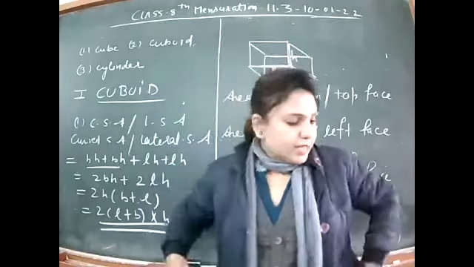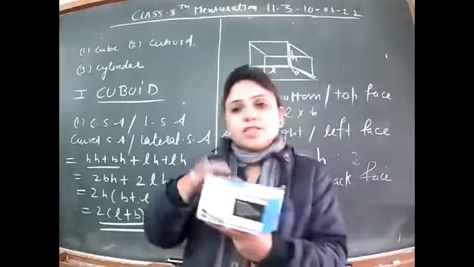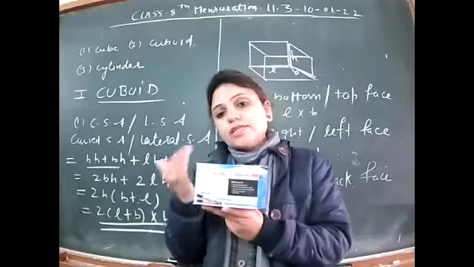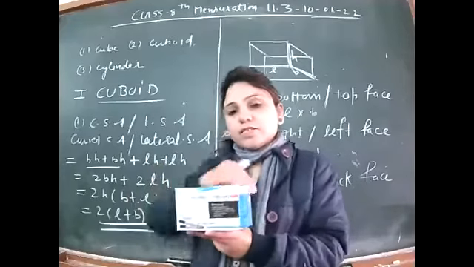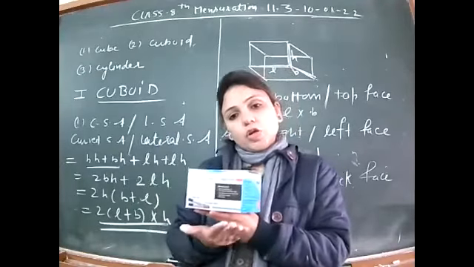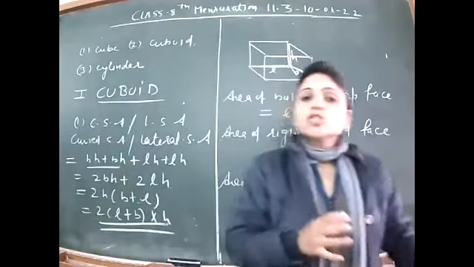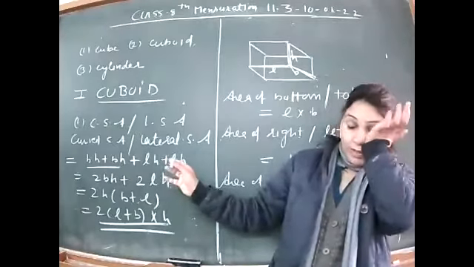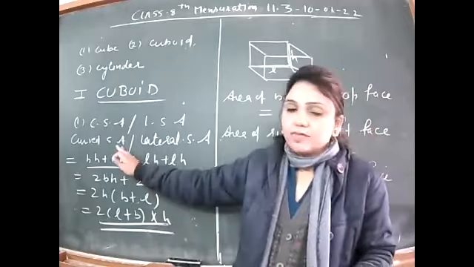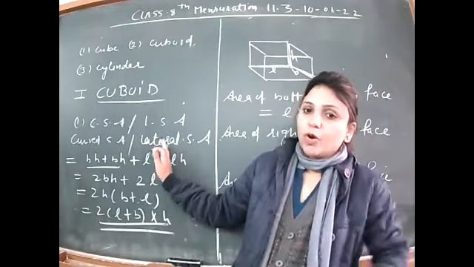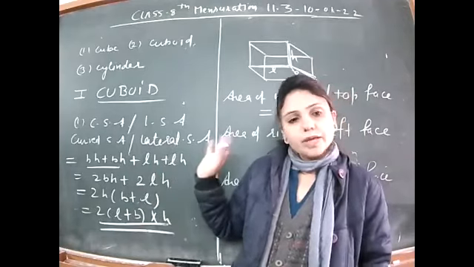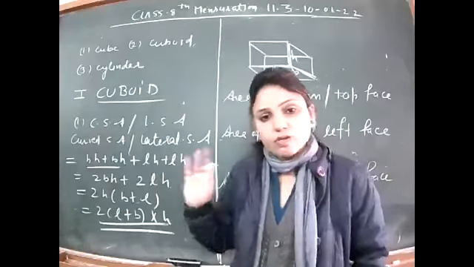Lateral surface area is the area of all the faces which are around the figure. जो कि साइड वाले हिस्सों को, कर्व्ड हिस्से को कवर करता है. It is not including the upper face, not including the lower face. जिसको सारा समझ आया बहुत अच्छी बात है, जिसको नहीं है इतना पता चल रहा वो कम से कम फॉर्मूला याद रख ले. The curved surface area or the lateral surface area of the cuboid will be derived by the formula 2 into L plus B multiplied by H, and it includes the area of the 4 faces.